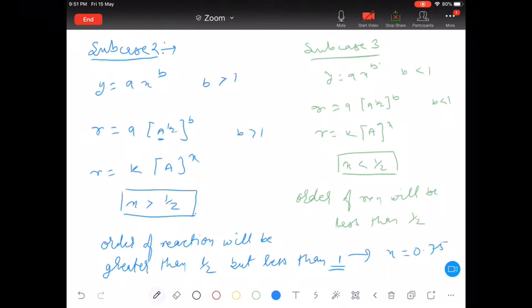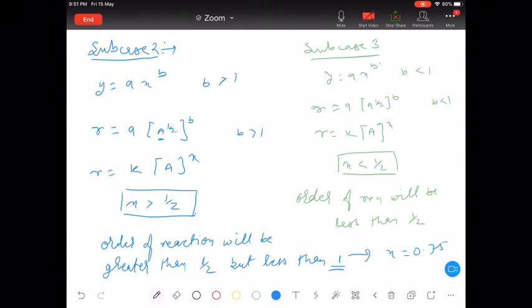But generally in exams, these kinds of questions or methods used to be asked when the IIT paper used to be subjective. Now they won't ask, but you should know how to read the graph. Means if such cases are plotted in front of you, you should be able to recognize whether the order will be equal to 1, or greater than 1, or less than 1, or like that. Is that clear for the R versus A type of curve or A to the power x type of curve? Clear?